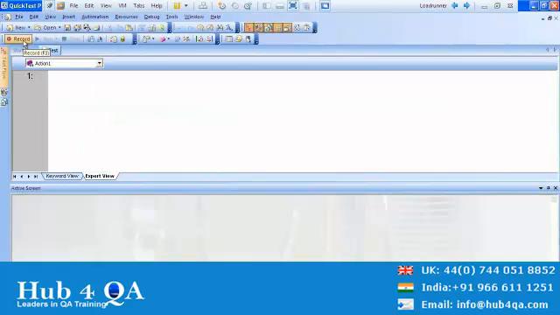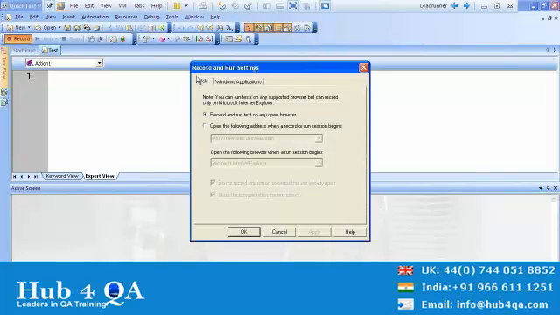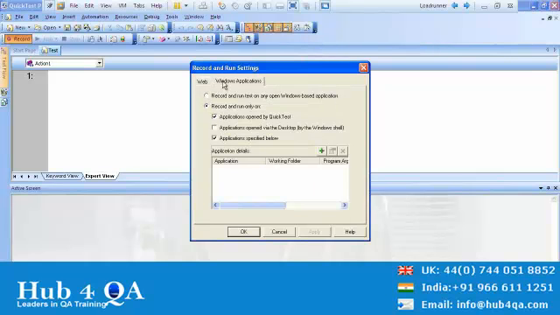Right, so this is the record. Now I'm going to click on this record. As we have selected two add-ins, Web and VB, here you get the Record and Run settings with two tabs, Web and Windows. Now first let us discuss Windows, then we'll move on to the web-based. When you select Windows, you get two radio buttons: record and run test on any open Windows-based application, or record and run only on